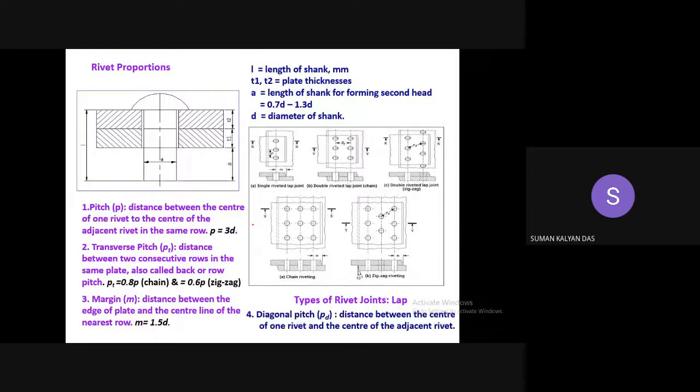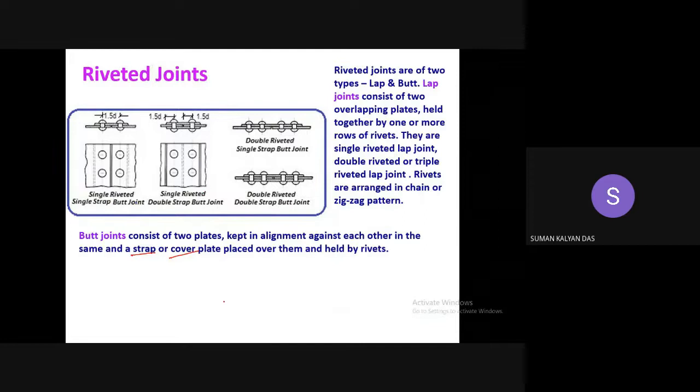So those terminologies remain the same in this butt joint, because in this butt joint also at the overlapping area, we can have multiple rows of rivet. So if it is only a single row of rivet, like over here, obviously we'll consider one side. Okay, either side. We'll not consider both the sides and refer to it as double riveted butt joint. So we'll have to consider one of the sides, and normally both sides are symmetric. If you have two rows here, so two rows normally should be this side also. So this is a single riveted